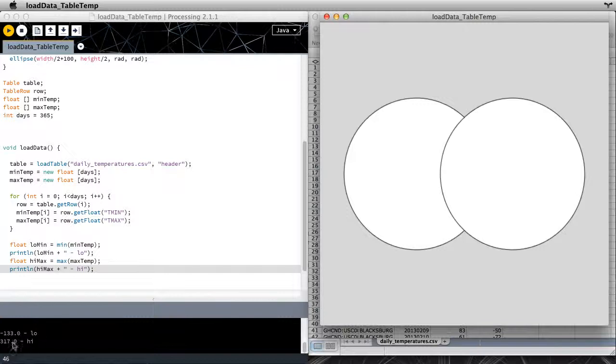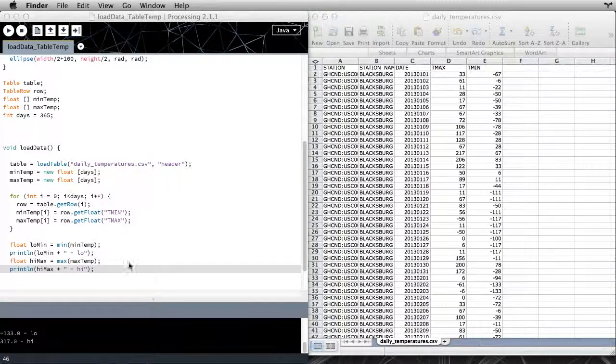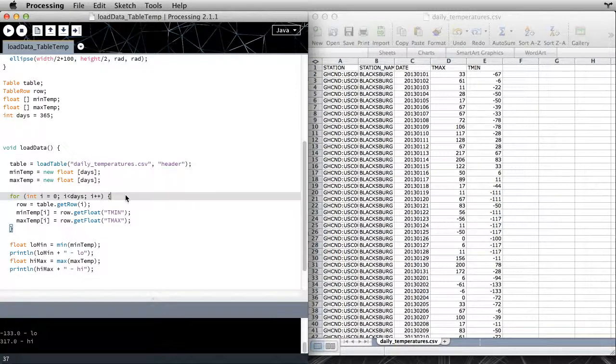Minus 133 is our low, and 317 is our high. Again, these sound like temperatures maybe on, I don't know, Venus or something. Mercury, maybe. Wait, this is the sun. But we're going to map those out. But at least right now we know what those values are. We don't have to sift through here. You certainly can sort through the list here in Excel if we wanted to, but we're not going to worry about that. All right, so now that we have those numbers, we want to go back through that list